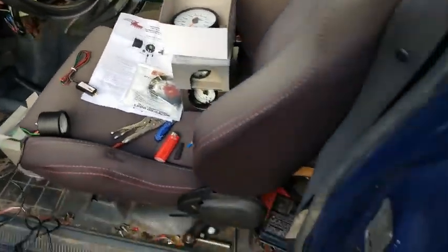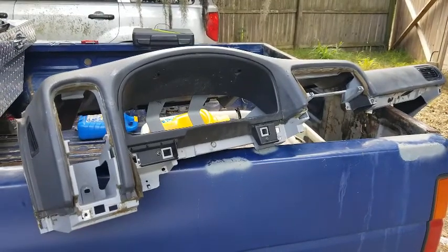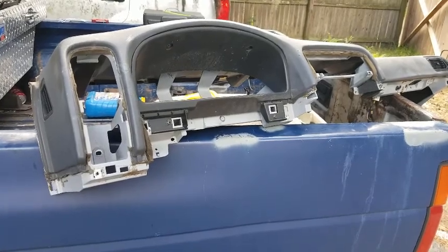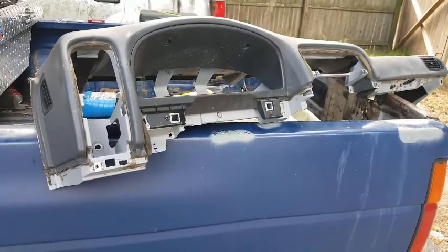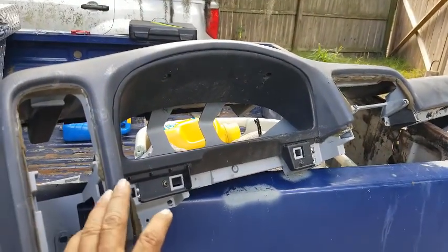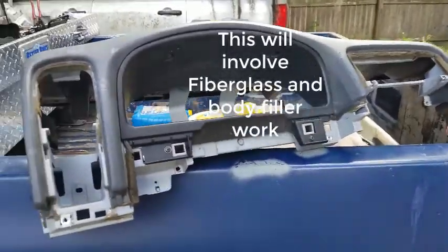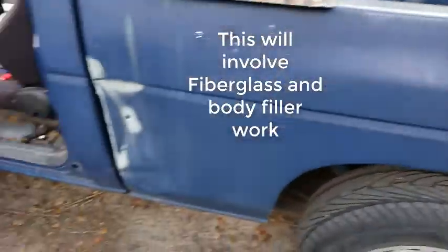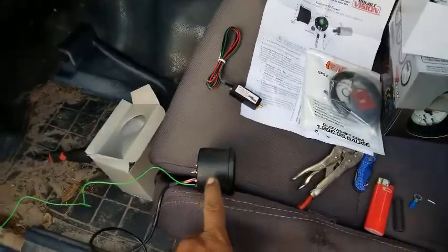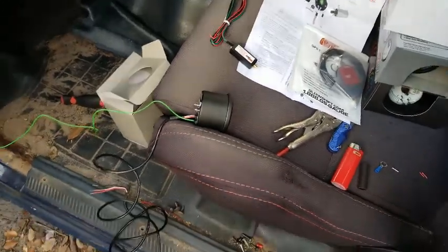Another reason is I also snagged this dash from the same extended pickup truck that I got the rear axle and drive shaft from. I'm gonna modify the heck out of this so that I can install those Glowshift gauges to them. I'm gonna mount them in a specific fashion and all that good stuff. Just modernize her a little bit more. But that's something else for another day. But again, for now, I'm just gonna focus on wiring, mocking this up, and I'll start working on that, and